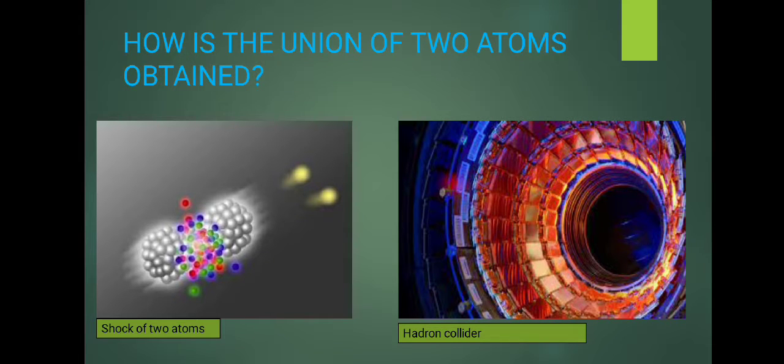Although this has not yet been achieved by humans, we only know that it is possible within the stars, such as the Sun. It has been tried to replicate this, but it has only been possible to obtain energy from the attraction of this one passing at high speed. An example of this phenomenon is simulated in the Hadron Collider located in Switzerland.